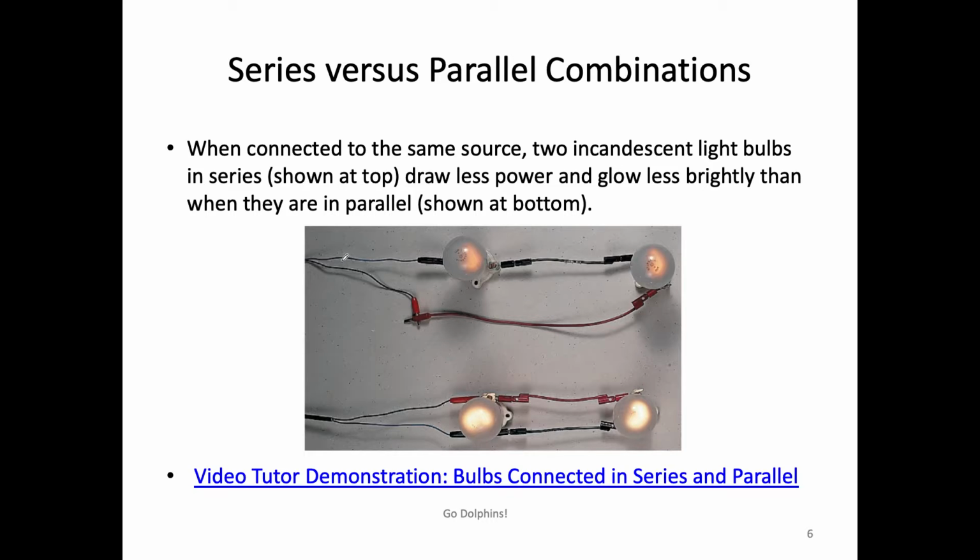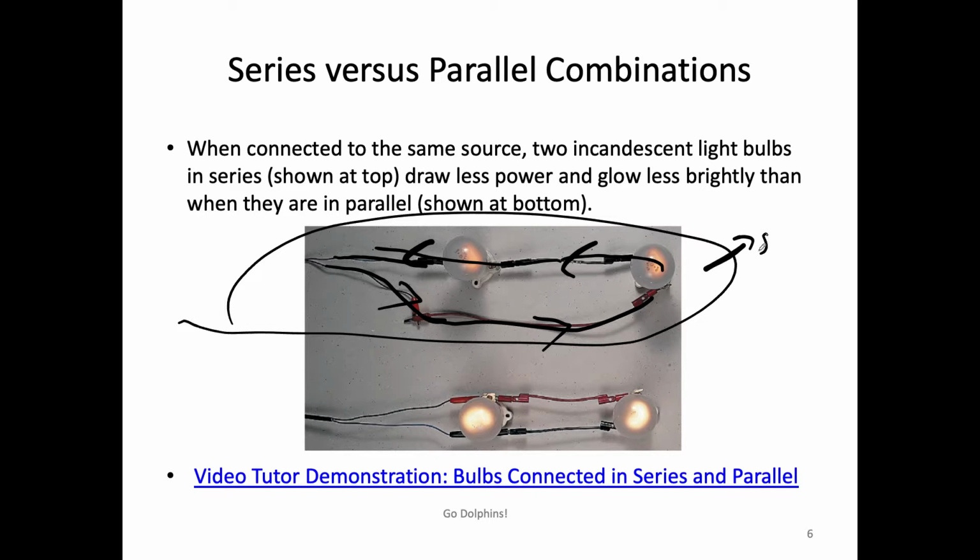Now let's show what a series connection and a parallel connection are. This is your positive, well, you can call this one positive because it looks like they use red; usually we use a red cable for positive. This is my current. This is a series connection on the top. The current only has one way to flow in a series connection. And now if you have a parallel connection like this one,